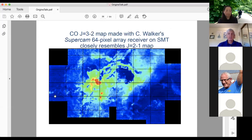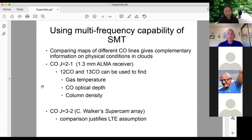Now, we've also observed this with Chris Walker's SuperCam array in the 3-to-2 line. And as you can see, it looks a lot like the J equals 2-to-1 map, but this is from an energy level J equals 3, which is twice as high in energy. And so by comparing the 2-to-1 and 3-to-2 maps, we can actually make some arguments about molecular excitation. So this just highlights the capability of the SMT with multiple frequency receivers to use maps of different CO transitions